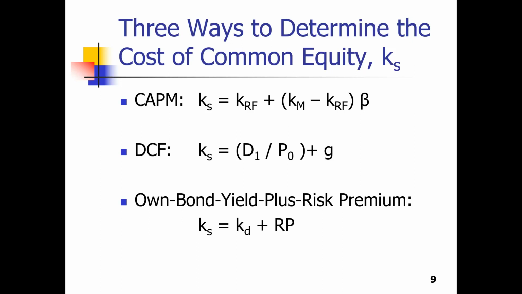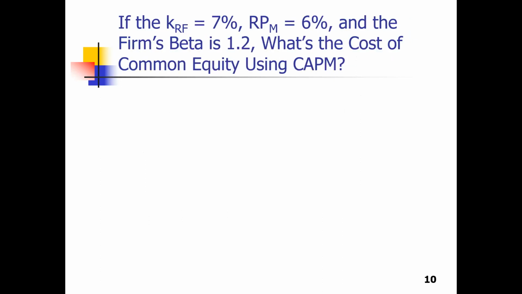Notice that this risk premium is not the same risk premium that went into CAPM. That was KM minus KRF. This is a risk premium that is different for every industry, and investment bankers know it by experience. Let's use all these three methods and do a classroom exercise, and then you can do a real world exercise